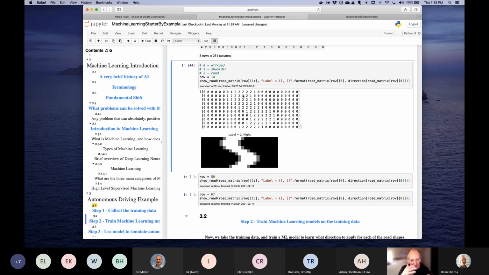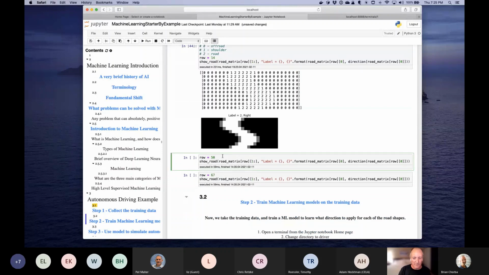So we can see the pattern pretty easily, but for us to write code to see this pattern and then generalize this to patterns we haven't quite seen yet would be really difficult. And this is where I think machine learning shines. It can find these patterns for us. Let me just show you a couple more.